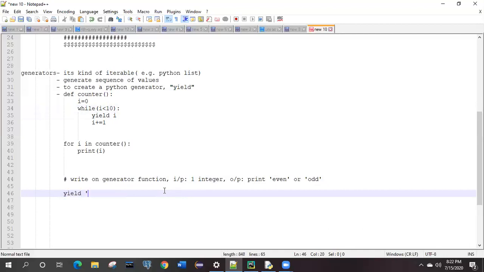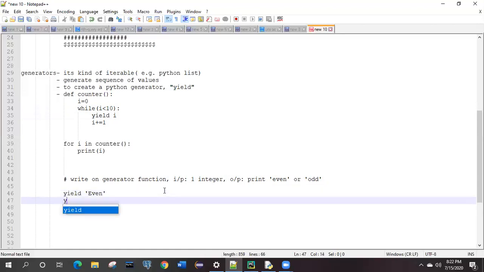Yield even or yield odd, like that. So you don't have to make use of the print statement over here. Correct? Will you be able to write it? Try it. If there is any issue, we will see it tomorrow.